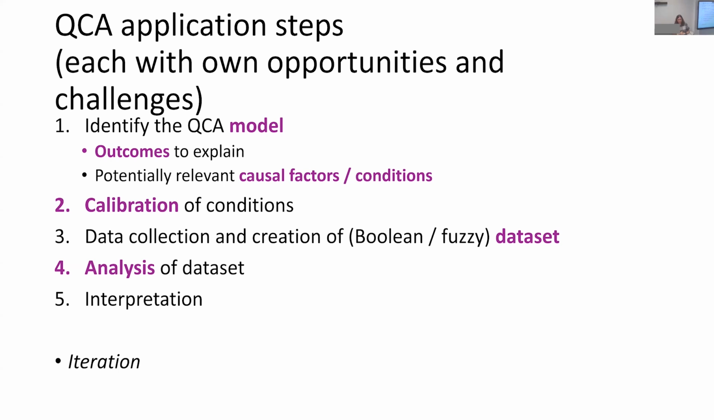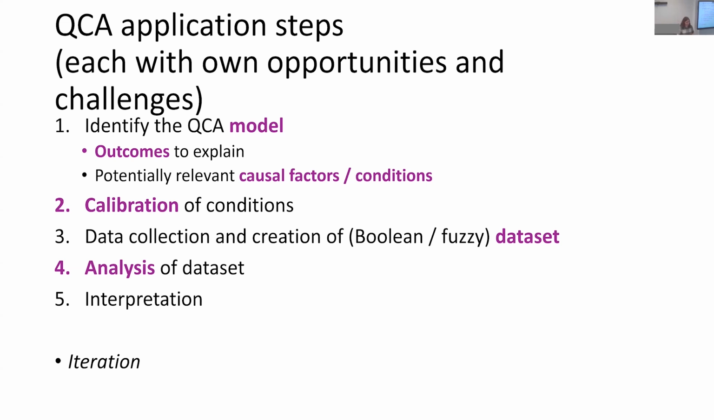Then perhaps the most time-consuming phase is calibration of conditions, especially when it's done in a bottom-up way, carefully comparing how each case stacks up against one another across different factors. And then data collection: once conditions are calibrated, creation of the data set, Boolean data set or fuzzy data set, and then analysis of the data set and interpretation of the results. As for the analysis, I've already mentioned that there are different types of analysis, each with slightly different